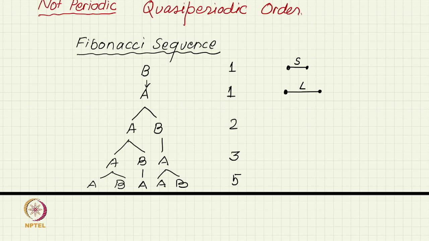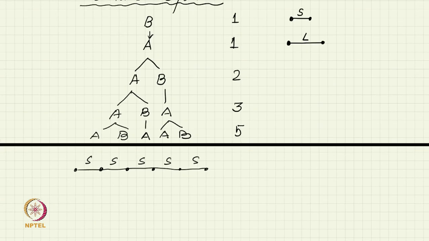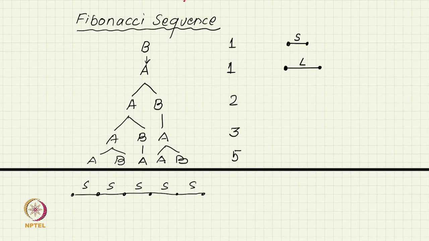A periodic arrangement of points has one length scale, let us say S. So, this is a periodic set of points, all points separated by S. But now, I start making my points separated according to this Fibonacci sequence. Wherever I get A, I put a long, and wherever I get B, I put short. So, long, short,